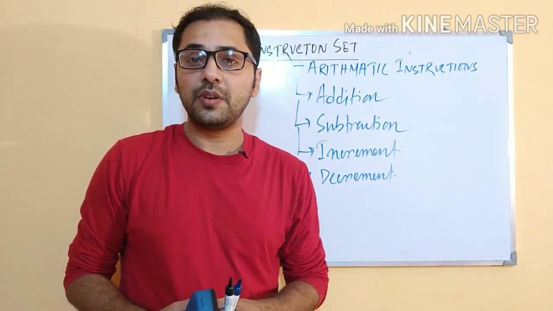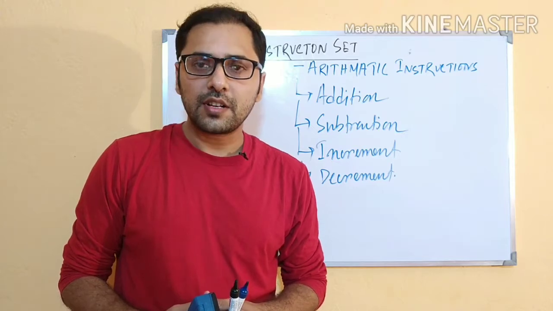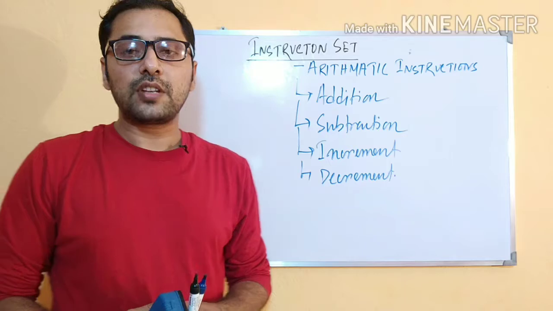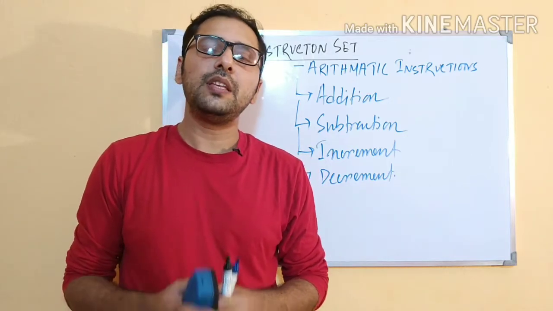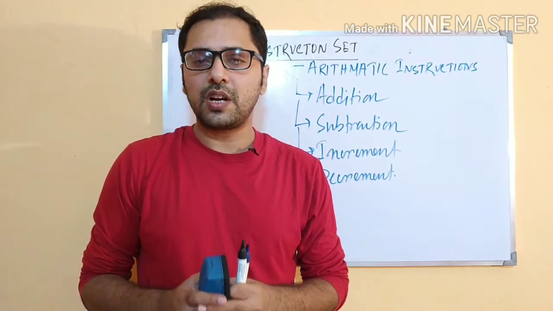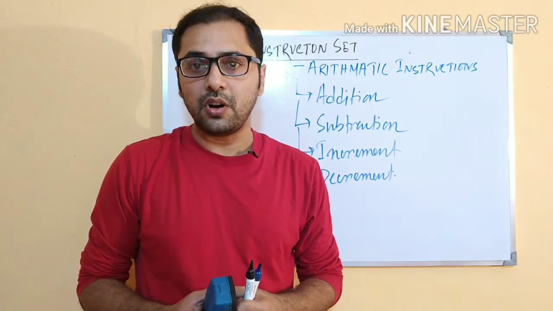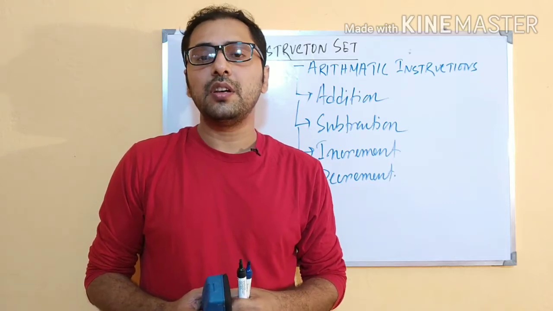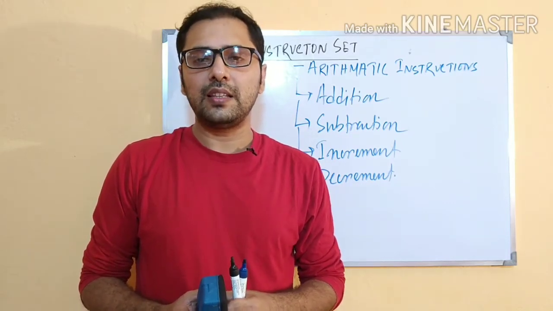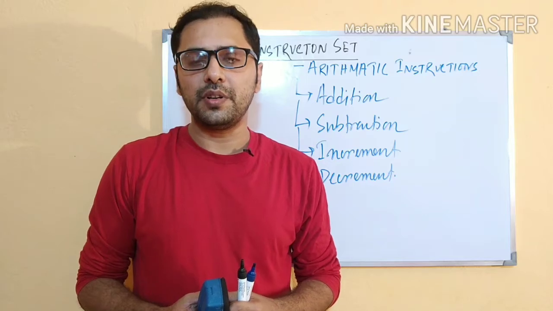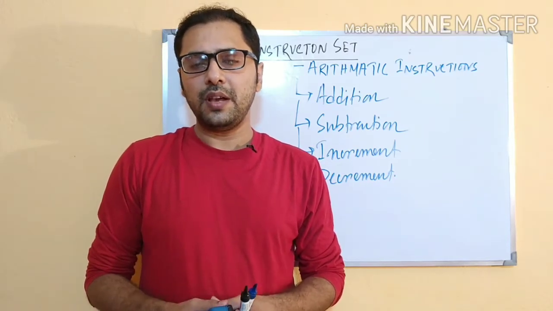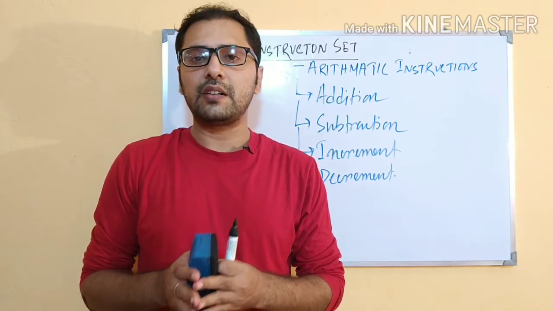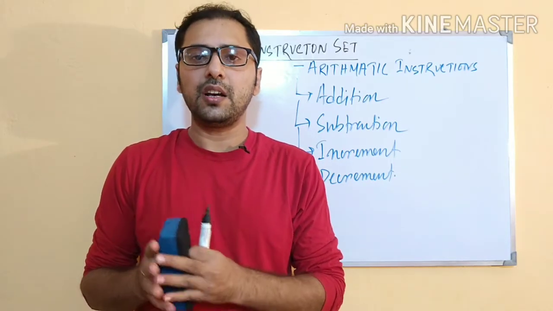As you know, we are continuing with the same topic, that is instruction set of 8085 microprocessor. We know that the instructions of 8085 microprocessor can be classified into 5 groups, starting from data transfer or data copy operations, second one arithmetic operation, third one logical operation, fourth one branching operation, and the last one, that is machine control operation. In the previous video, we have tried to explain about all those instructions that can perform data transfer or actually data copy operation.